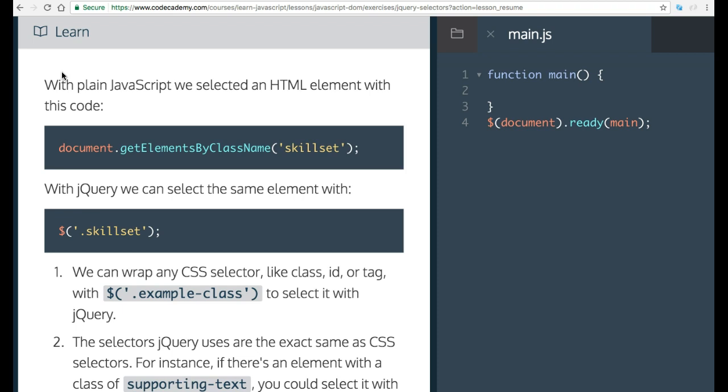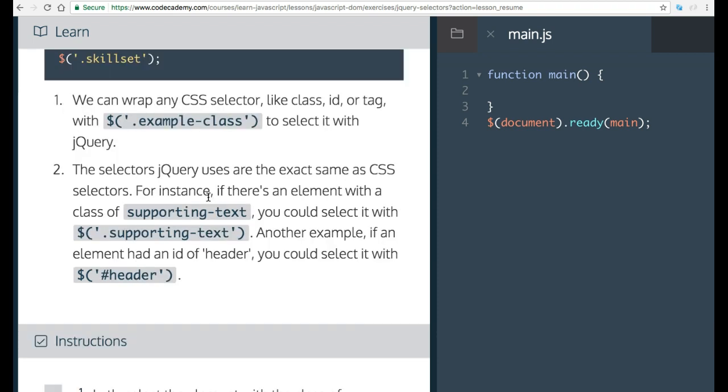We can wrap any CSS selector like class, ID, or tag with $, parentheses, quotes, dot example class to select it with jQuery. The selectors jQuery uses are the exact same as CSS selectors. For instance, if there's an element with a class of supporting-text, you could select it with $, parentheses, quotes, dot supporting-text. Another example, if an element had an ID of header, you could select it with $, parentheses,